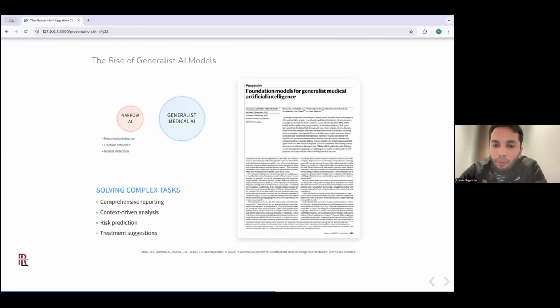And so in this quest to comprehensive reporting in terms of being context driven, sometimes making predictions and judgments about risk and about treatments, come these new class of models.